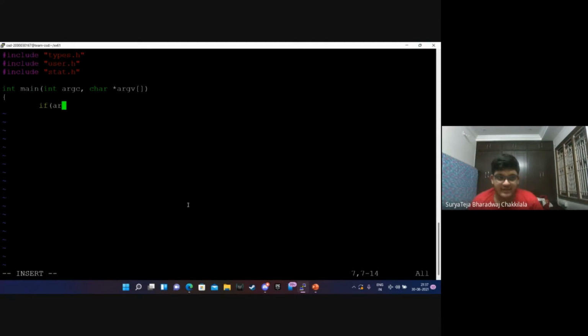If argc is less than 2, we'll be printing an error. Printf 2 comma error, insufficient arguments given. So that will be our error and we'll be exiting.